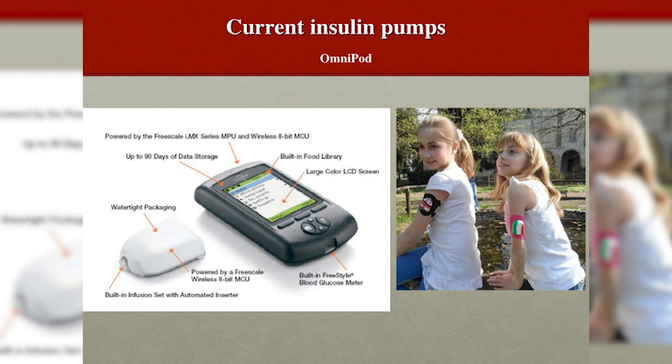This stays on the body for 3 days, and you cannot disconnect it, or if you can disconnect it, you have to put on a new one. So you cannot reconnect the same one. And you can see little kids, they love the freedom, they love that they are not connected to any tubing, and they are wearing this device. And you can have any of the cool tapes or any print you want. You can order any of those on the internet with any pictures you want.